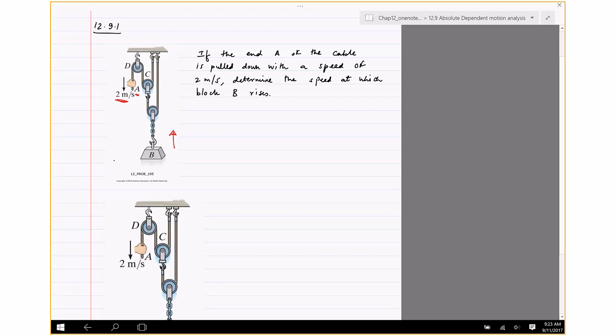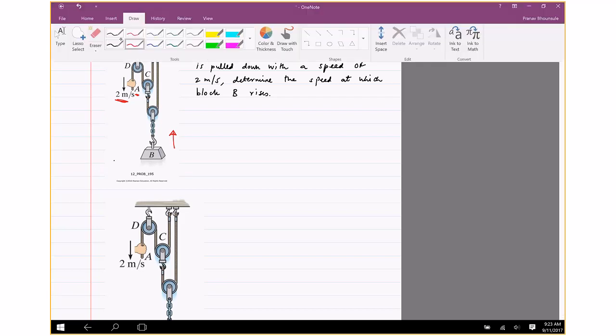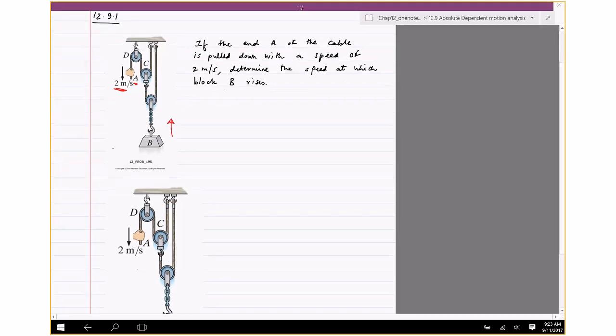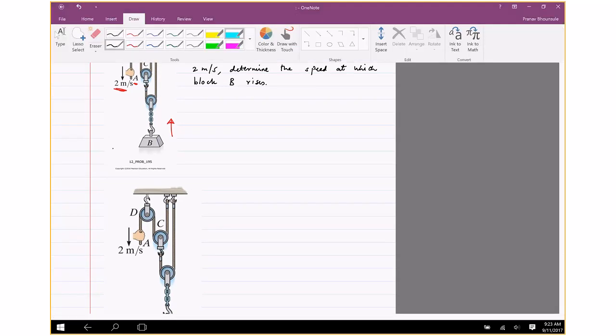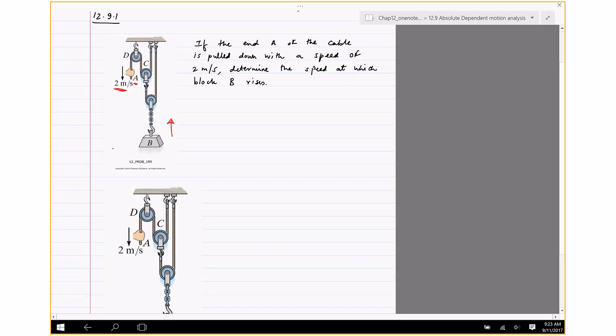So unlike the previous problem, there are 3 pulleys now. So I'm going to use the same recipe, the same thing I did in the previous problem,